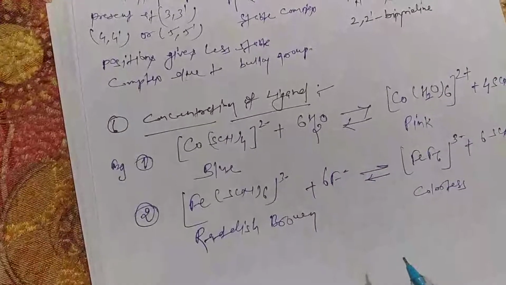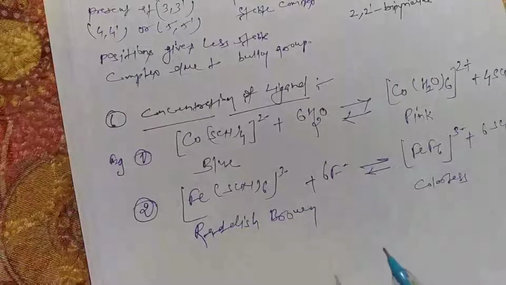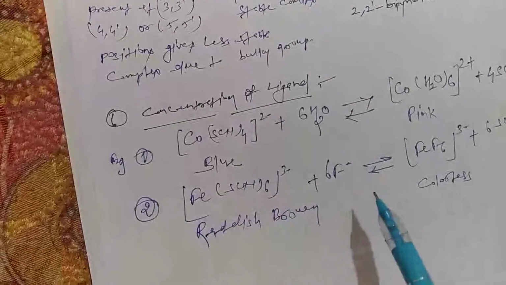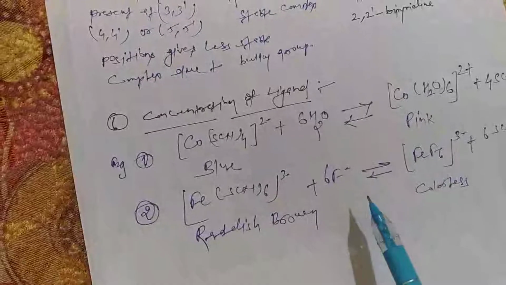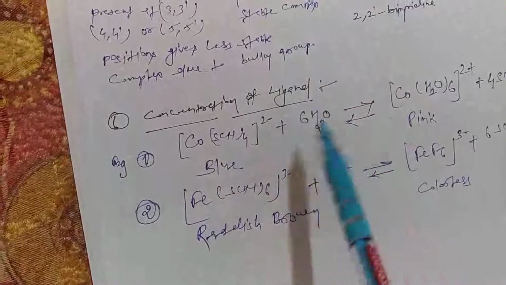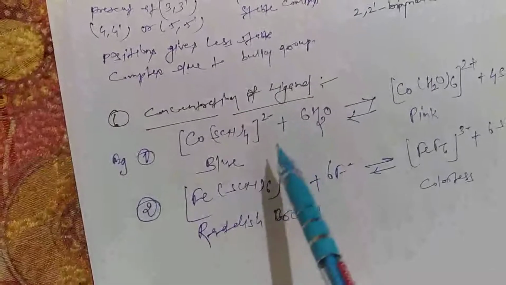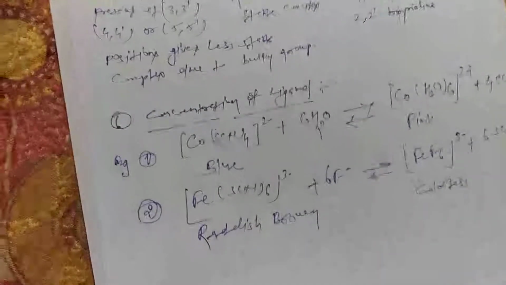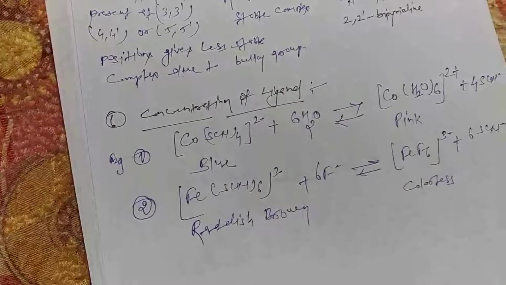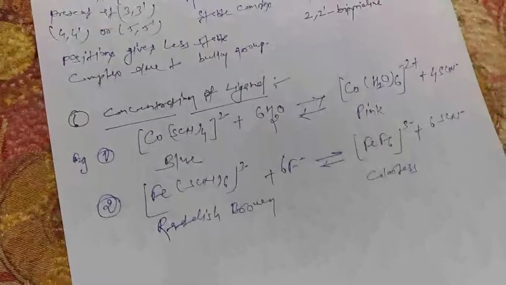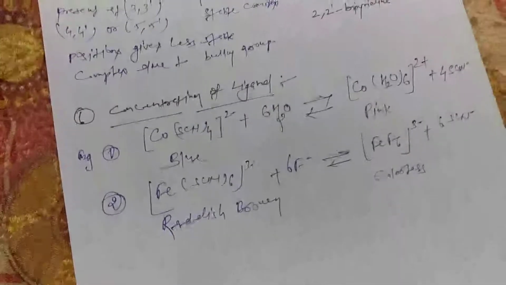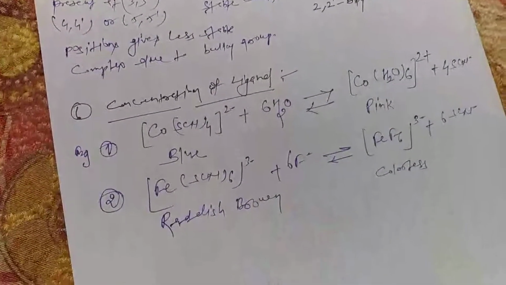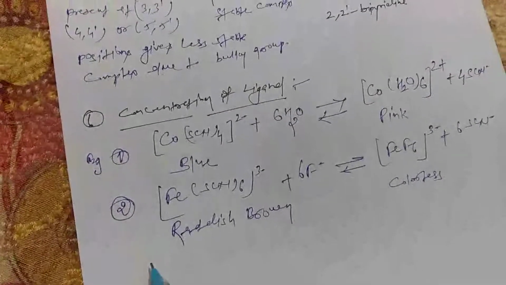So what is happening here is the disappearance of color. This change indicates the competition between the water molecule and thiocyanate molecule in one case, and thiocyanate and fluoride ion in this case. These two ligands are trying to compete with each other to bind with the metal ion. This is some sort of substitution that we will discuss in more detail in our next lecture, which is part of your syllabus also. But this is how substitution with change in concentration occurs.